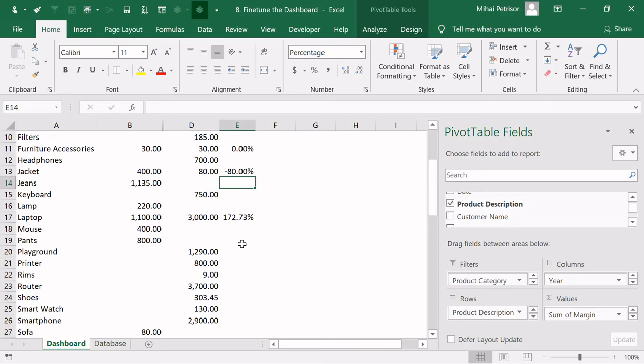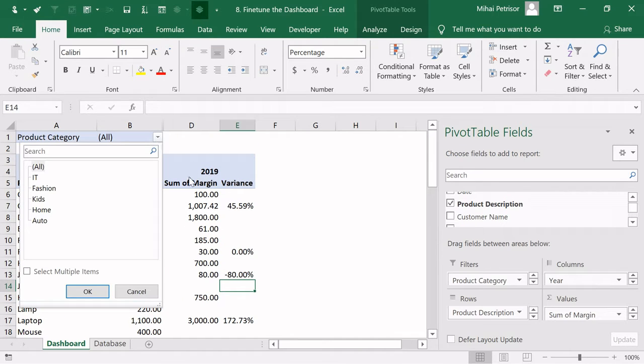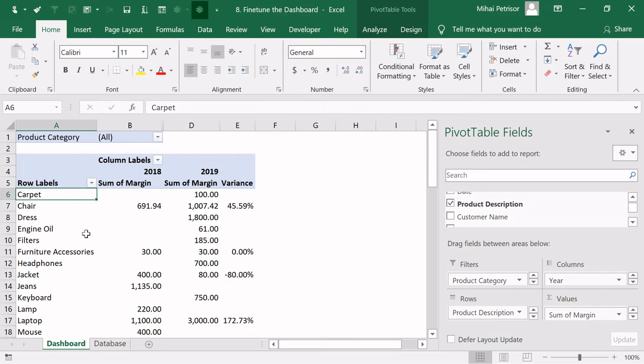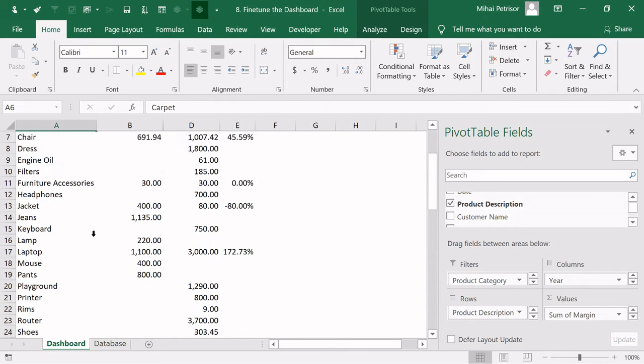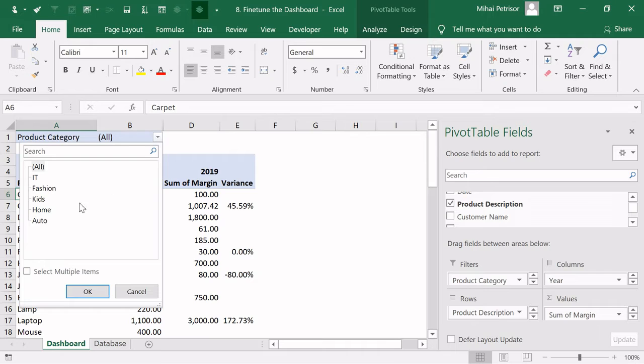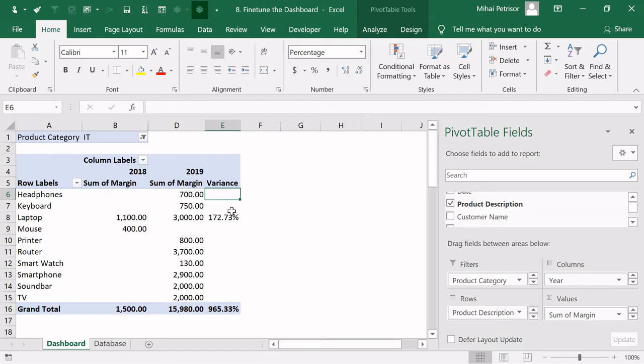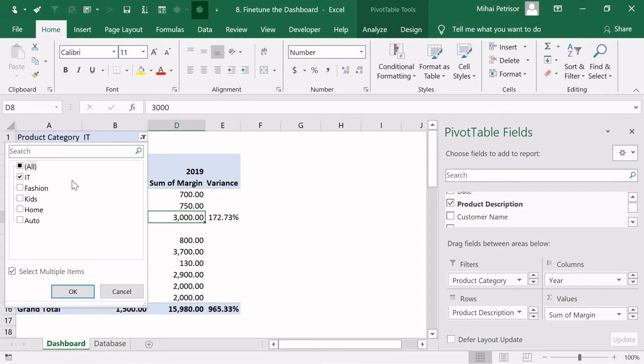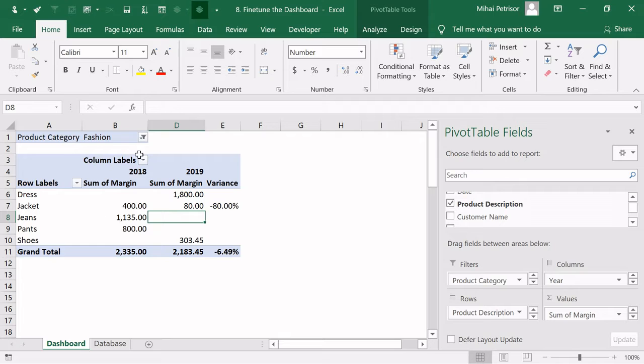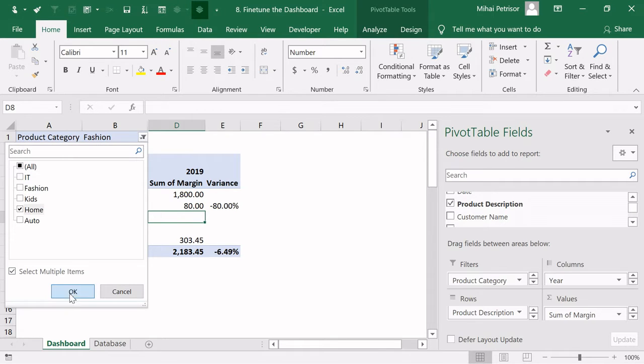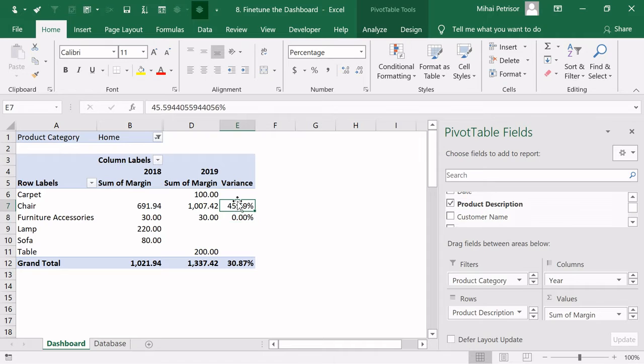Okay, now here we have all the product categories and all the product descriptions. But let's take a product category and choose IT, and here you can see that we have the variance only for laptop because it's the only category that was sold in 2018 and 2019. And let's try to find a category, for example home, where we have many types of variances,